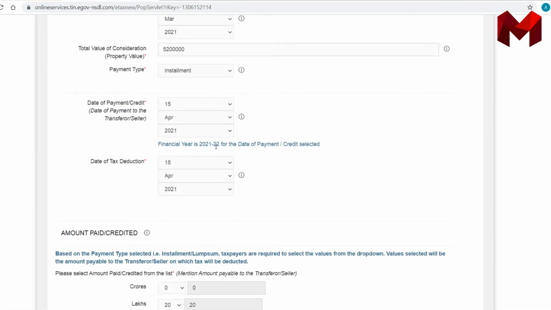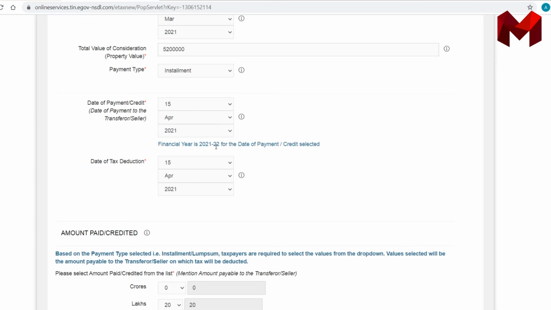So the point is, if you are purchasing any property from a resident person and the total consideration of the property is more than 50 lakhs, in that case, you need to deposit the tax with the government at the rate of 1% whenever you are making payment. If you are making a 5 lakh payment today, you need to deduct 5,000 out of 5 lakhs and pay 4,95,000 to that person after deducting 5,000.